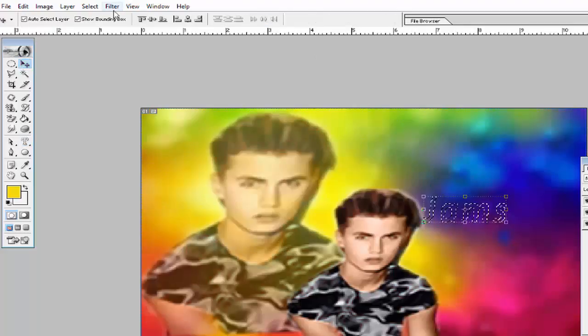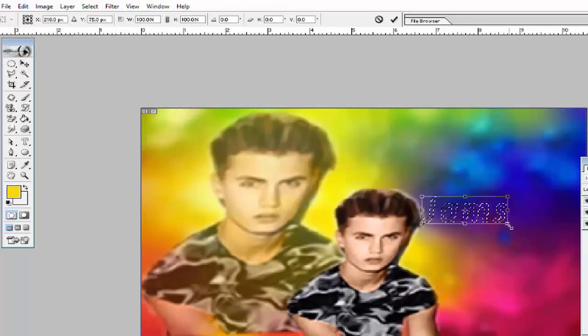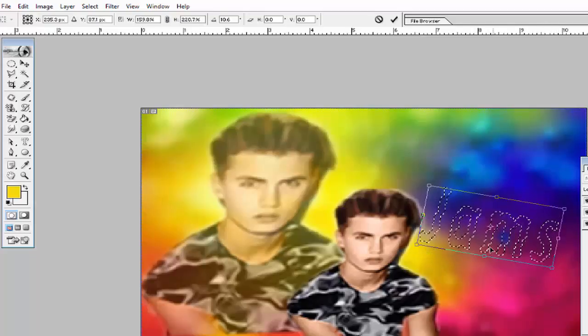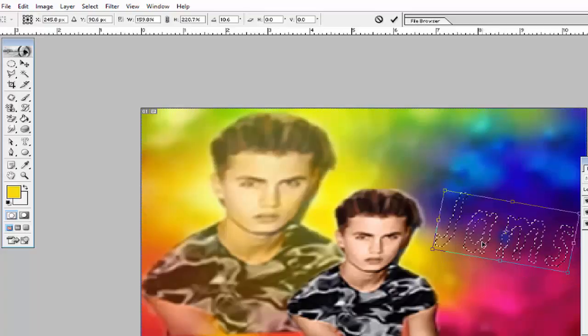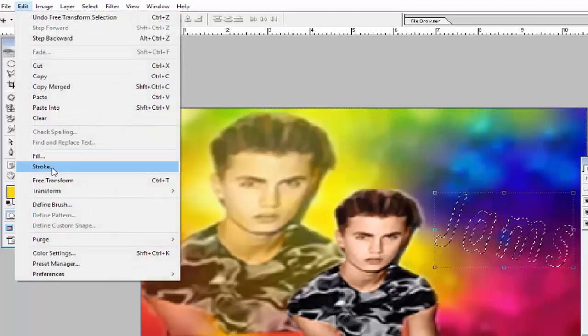To increase its size, go in Select, Transform Selection, and you can increase the size of this name, or you can rotate it, and you can drag it to any place in this part, and then apply.